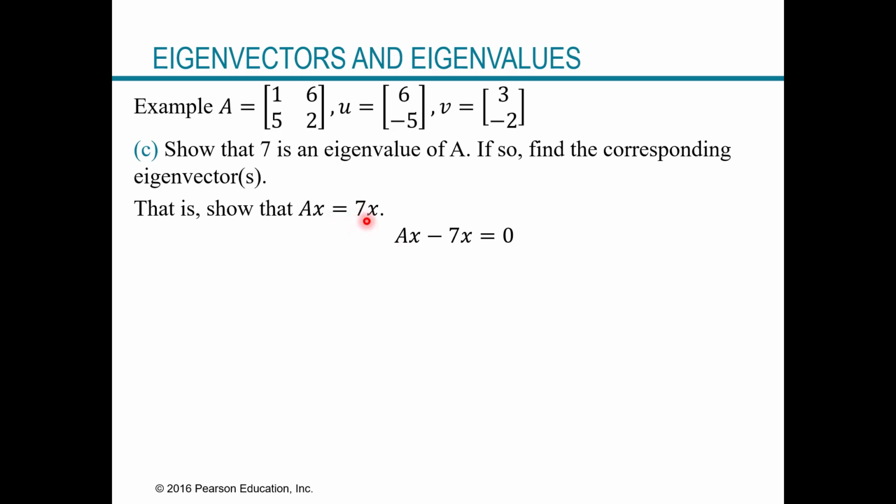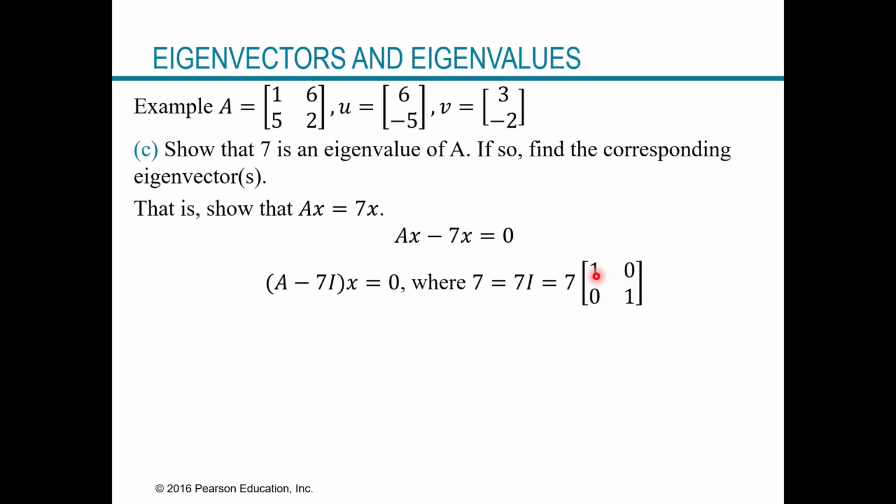So if you just subtract 7x, we have Ax minus 7x equals 0. And then what we end up with here, if we want to change this into matrix form, we're going to write this as 7 times the identity matrix. So if we just factor out x, notice what we get. A minus 7 times x, but we're writing this in matrix form. So 7 is the same as 7 times the identity,